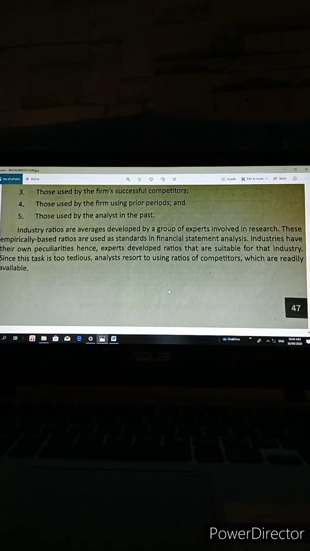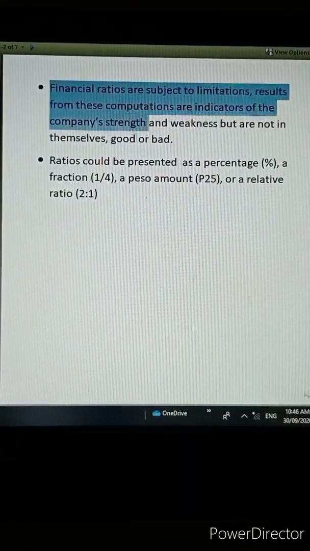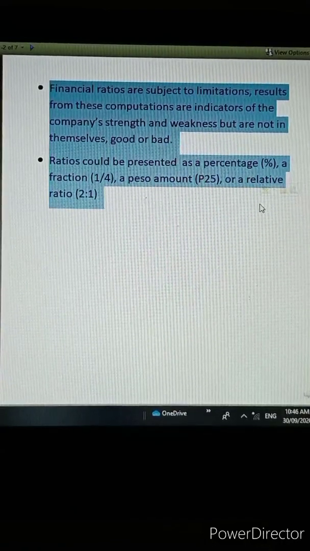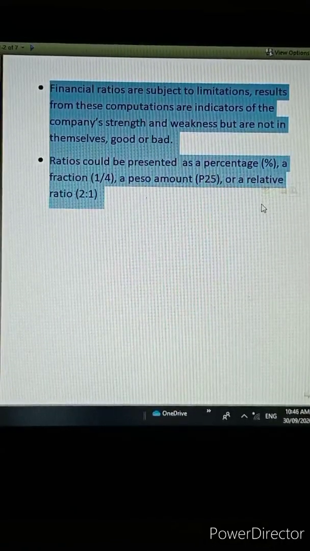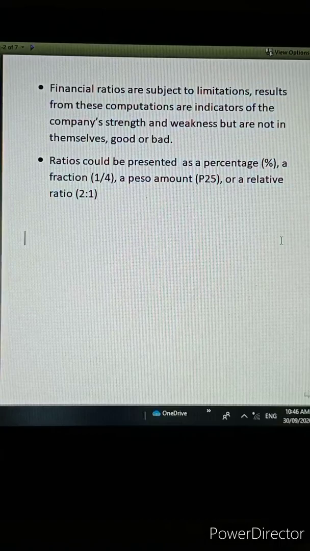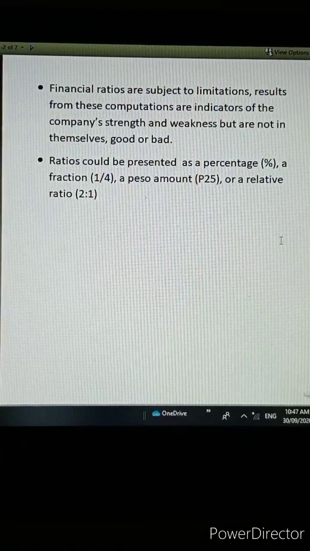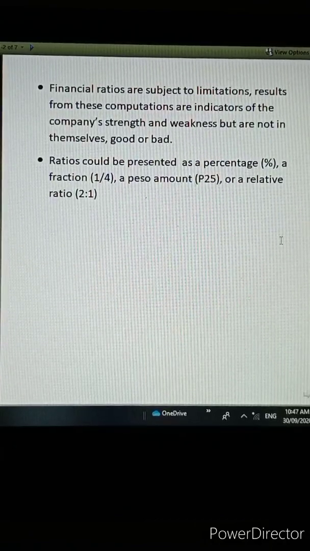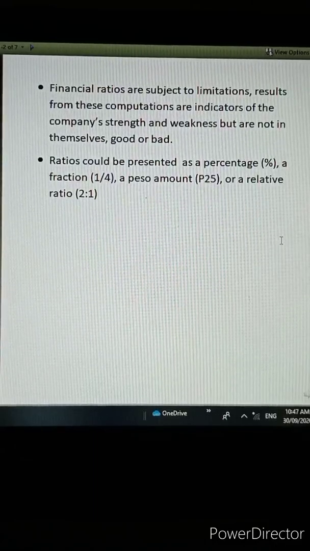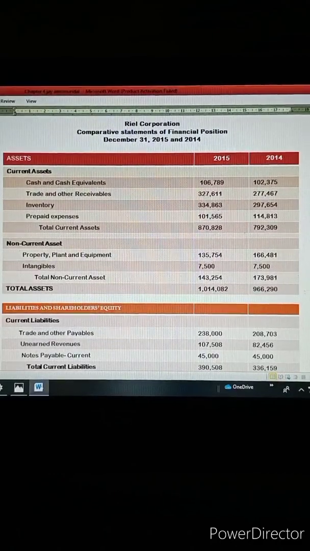Industry ratios are averages developed by a group of experts involved in research. These empirically based ratios are used as standards in financial statements analysis. So, the results from financial ratio analysis are indicators of a firm's weakness or strength, but are not in themselves. This is understandable since the ratios spring forth from financial statements, which, as we have mentioned, are subject to limitations. Results derived from the computation of ratios could be presented as a percentage, a fraction, a peso amount, or a relative ratio. So, to illustrate, let us use the figures of Real Corporation in chapter 3 that I am showing you